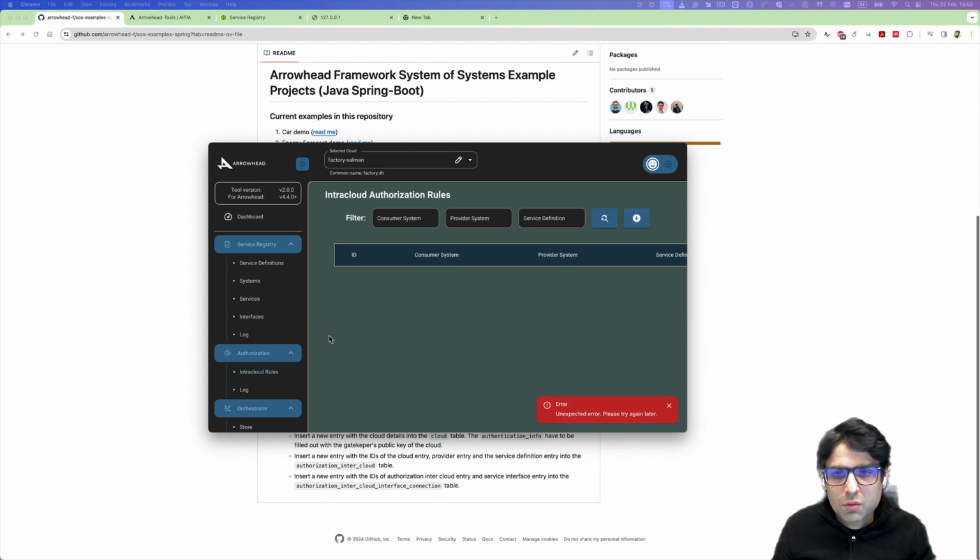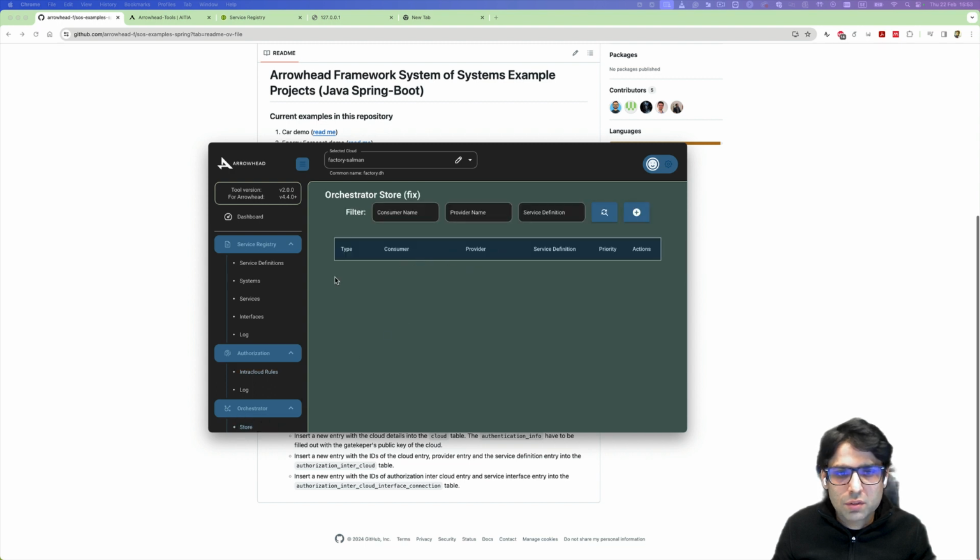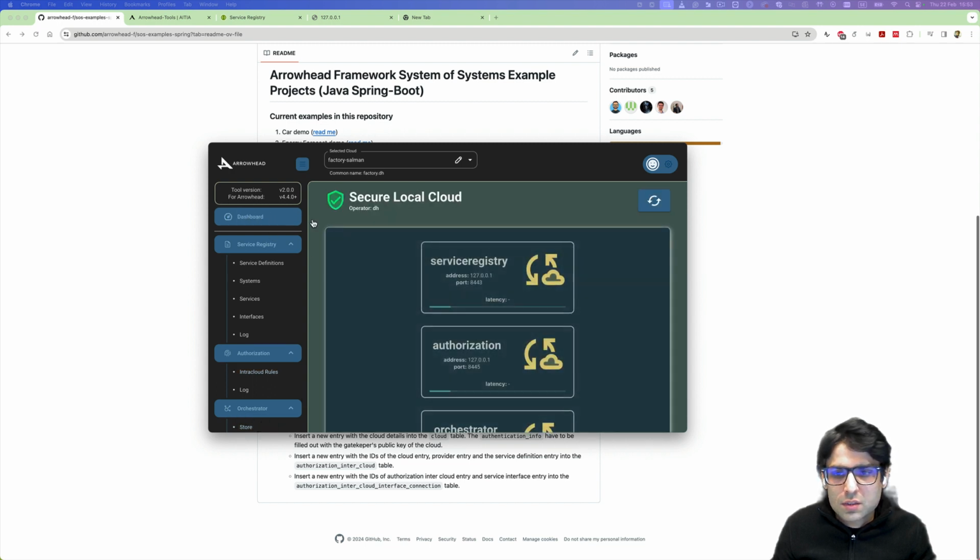Similarly, we have the intercloud rules. If we set up those rules, then they appear over here. Intracloud rules and intercloud rules, and then we have the orchestration store values as well. So that was the first way of managing the local cloud. And the second one